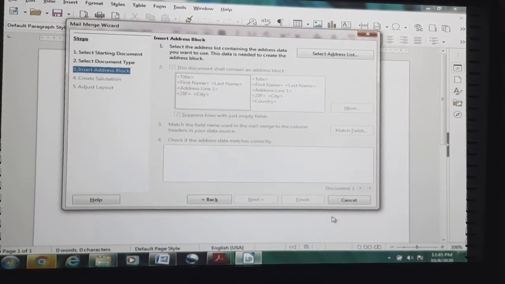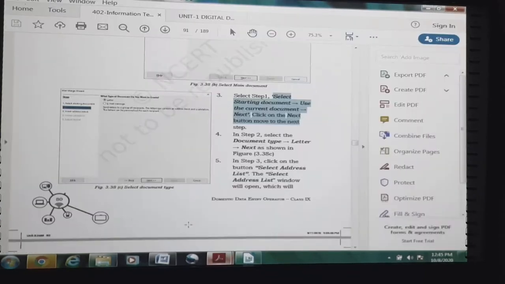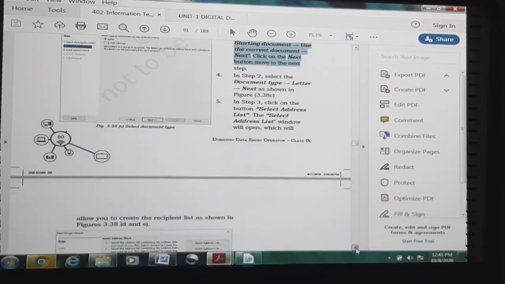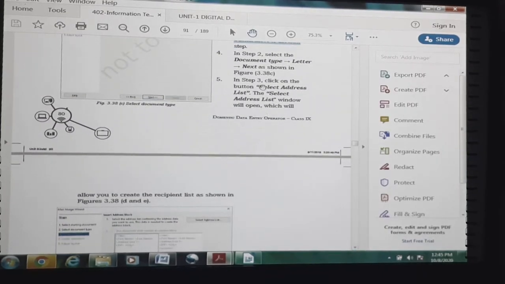Now our next option, in step 3, is to click on the button Select Address List.